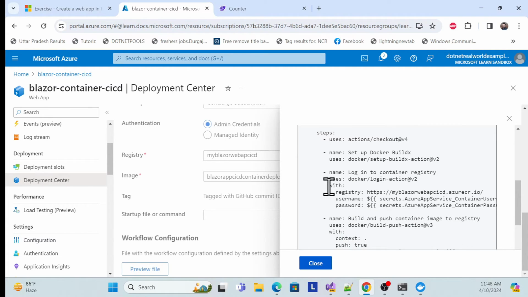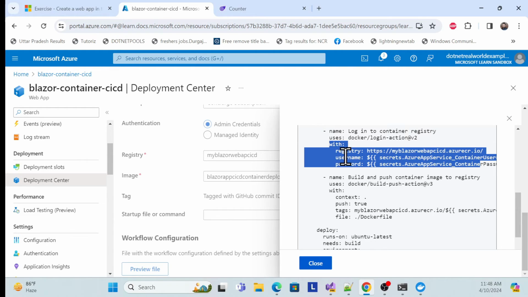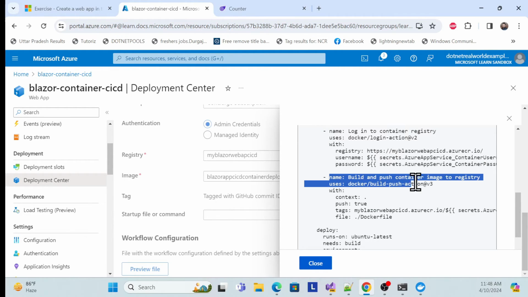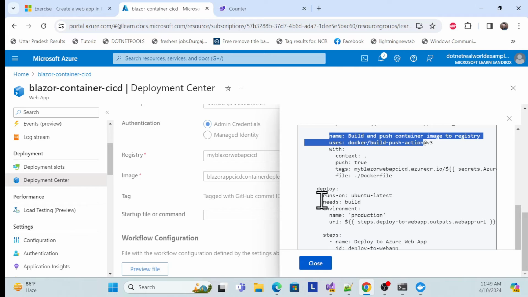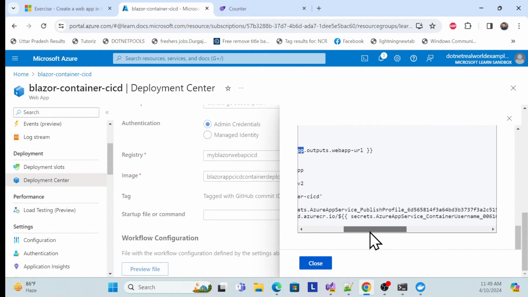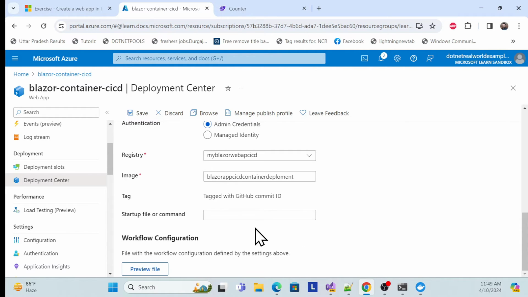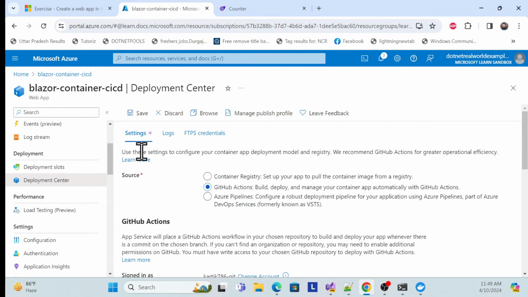So see, they are just preparing your registry, right? How we can log in. Once you log in, then create a build, and then finally it's deployed to our Azure registry, and then finally deploys to our Azure web apps, right? So this way actually they do it over here. So what I can do, simply we have to save it. So once you save it,